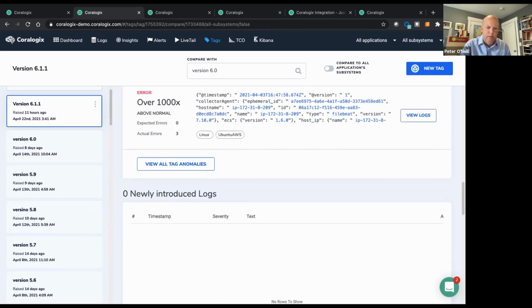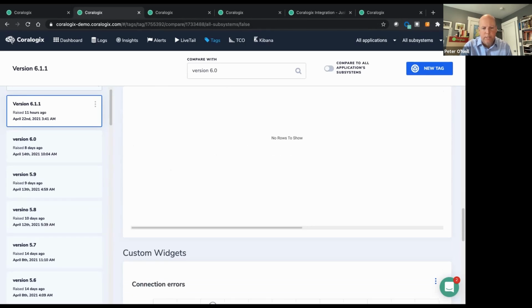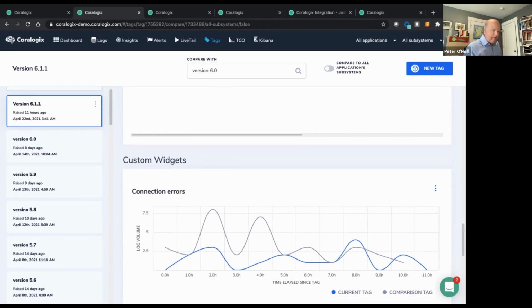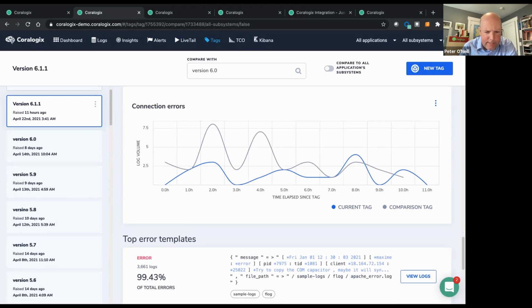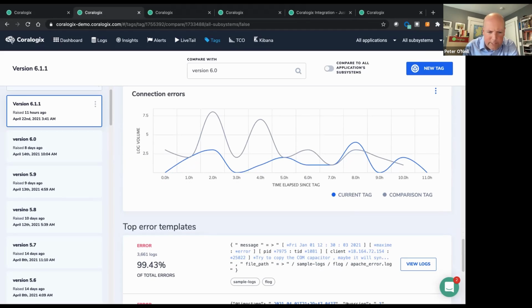So what was introduced at this point? And then I see that we actually have a problem here. It looks like connection errors, something is going on. One error seems to be really taking over here. And so this tells us, okay, this is really where we want to dive down, take a close look, and see